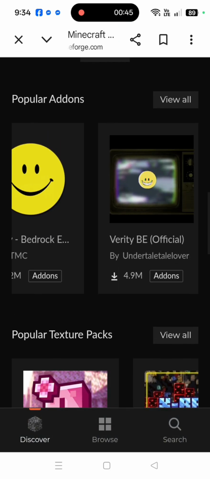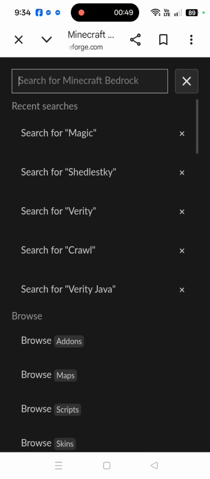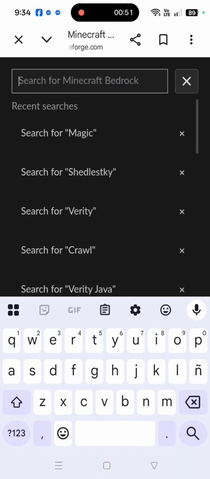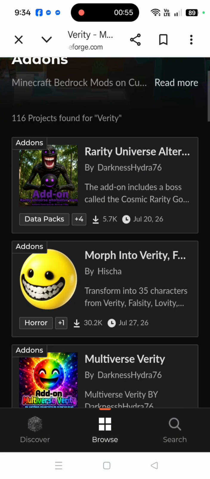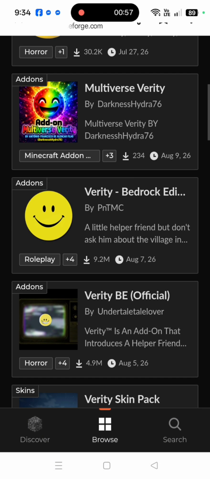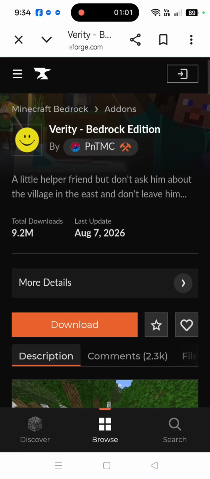You can already see the add-on because it's popular. You can just search in your add-on. As you can already see, it's already there. Press the Verity mod, download, or you can just